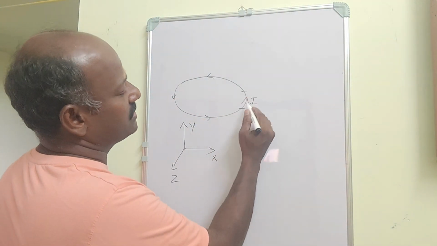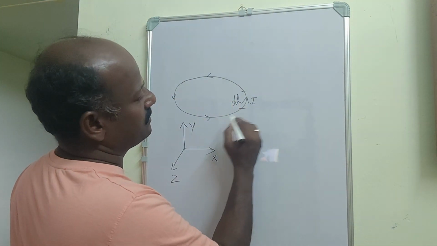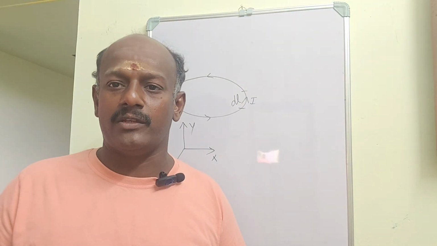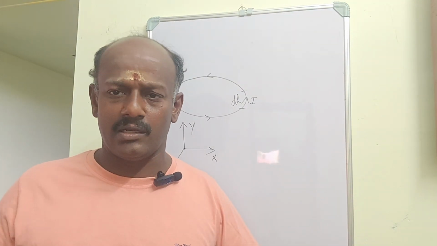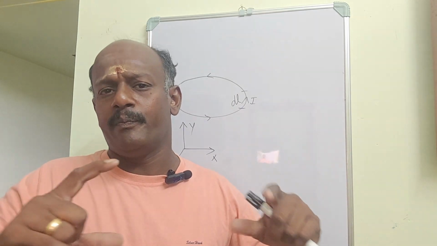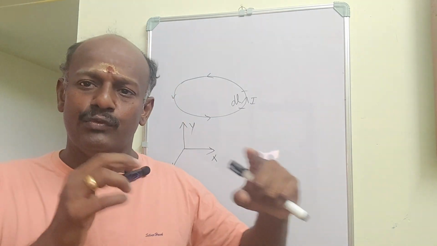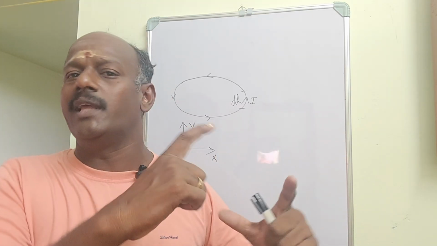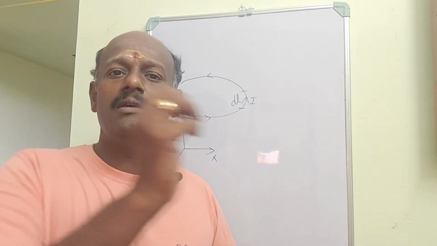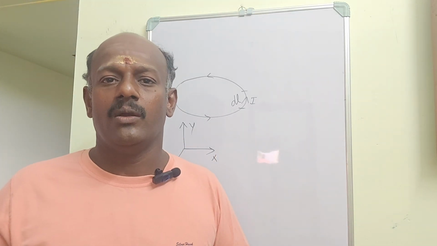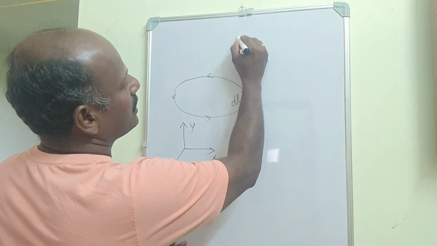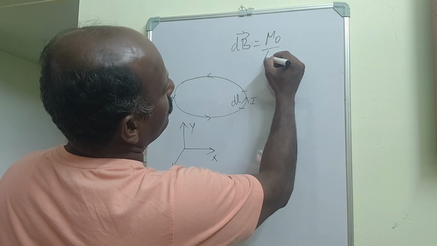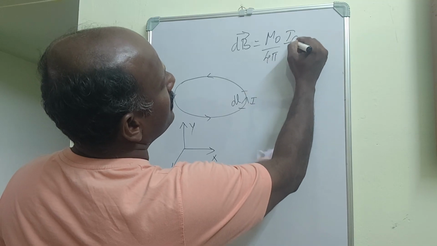In this, I am just considering a current element dl. So I dl will be the current element. In the last video itself I told you what the current element is. A current element is nothing but a wire with a certain length, in which we take the direction of the current along that length: the product of current and the length of the wire. And the Biot-Savart law is dB vector equal to mu naught by 4 pi into I dl